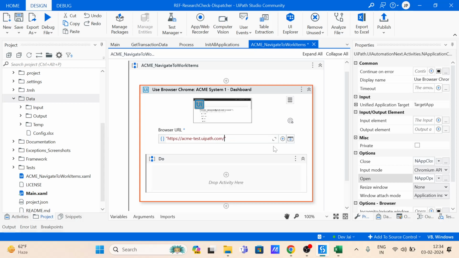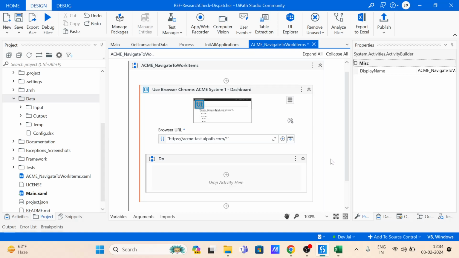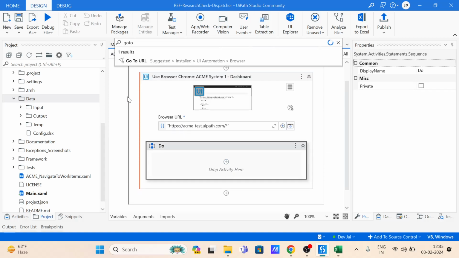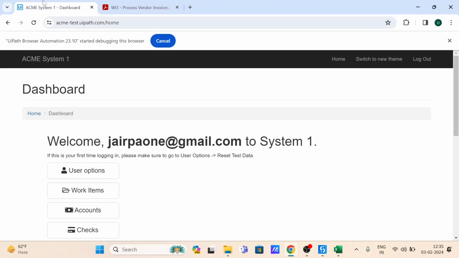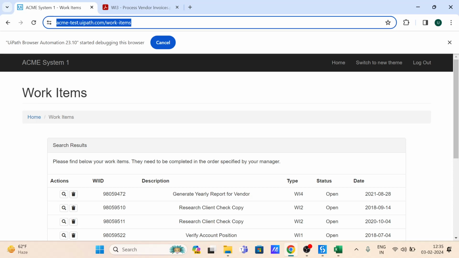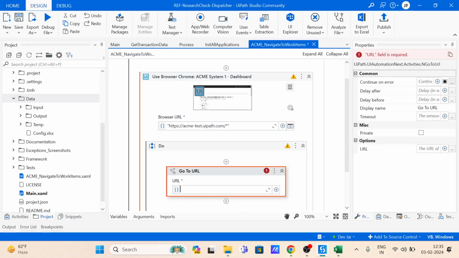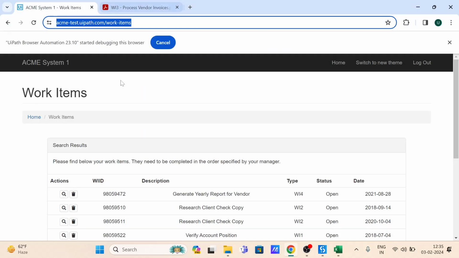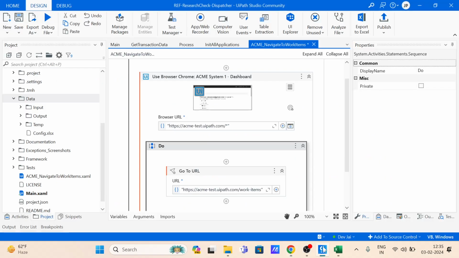I will remove this, okay. Let's use this. In front of this we're using a wildcard asterisk, okay. Now we'll have to use an activity called go to URL, okay. This is a modern activity, so we'll have to provide a URL and that specific URL will be of type work items, okay. The work items URL, so we will copy it, and we will be pasting it over here like this. This is the work items general URL, right, which will help in extracting the data out of the table, okay. When you go to this work items URL only then will you extract the table, right? Think yourself, it's very simple guys. Okay, think yourself, only when you go here will we be able to extract the table, right, okay. So I am creating these small atomic workflows, then